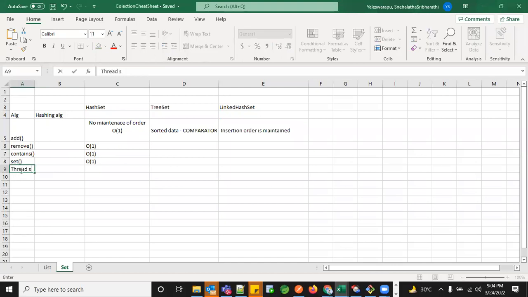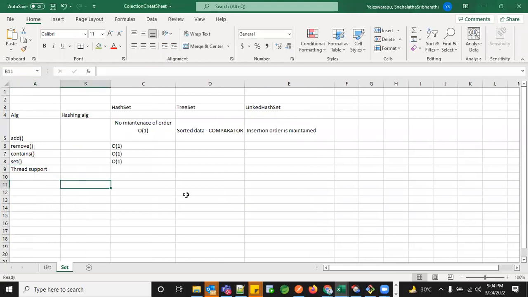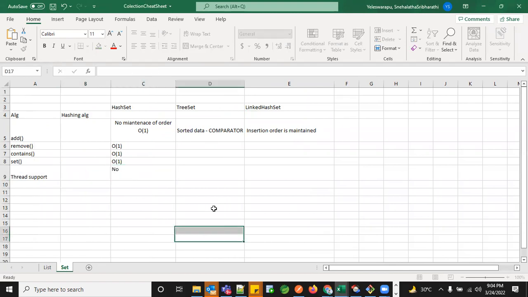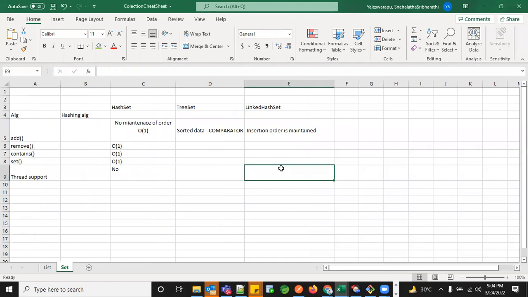Is my HashSet supported for a multi-thread environment? I think no. Do you have synchronized blocks? It's not supported here. In the case of LinkedHashSet, it should be the same, right? It's not supported.